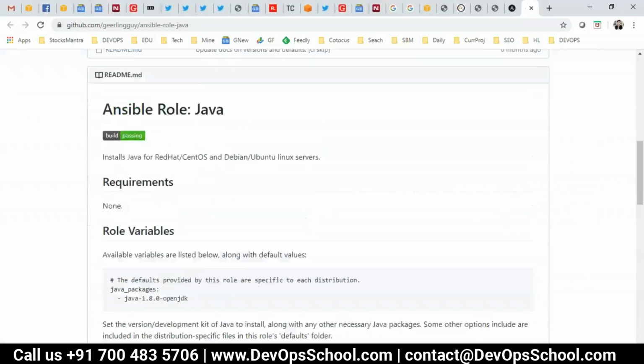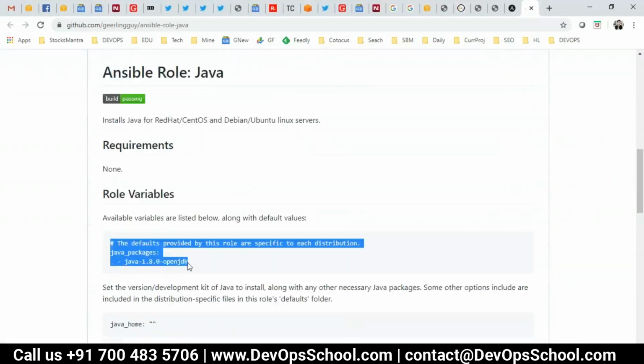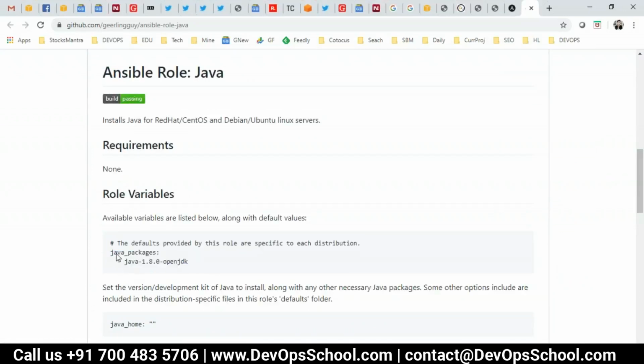Now here it is saying if you want to use these roles in the task, use this way. Now look at this here. What is this? Java underscore package. Any idea? Is it a role?